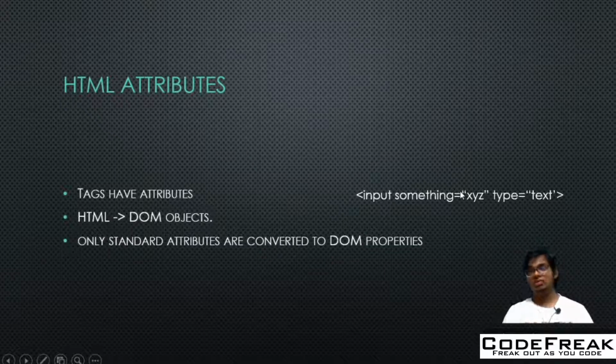We will look at them in more detail in the next few slides. What I want to convey here is that type equal to text is a standard attribute. So how can you access this standard attribute as a DOM property? It's made into an object. Maybe you have stored it in an object, got it by using querySelector or getElementById, and put it into a variable called element. When you modify it, you can use elm.type equal to something, or you can console.log elm.type. That's how you can use it.